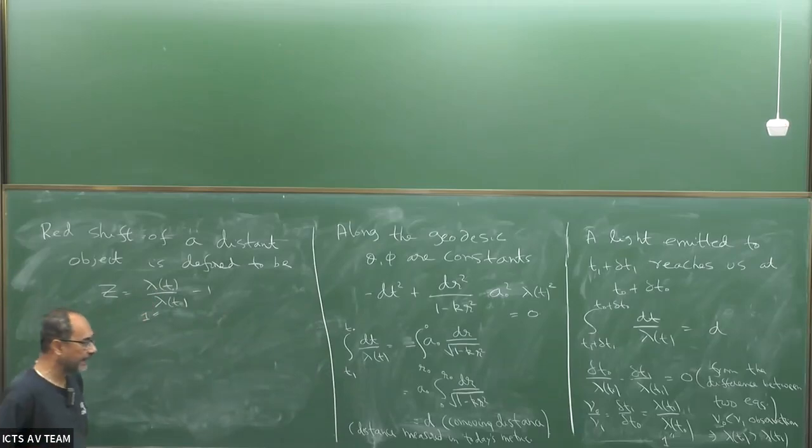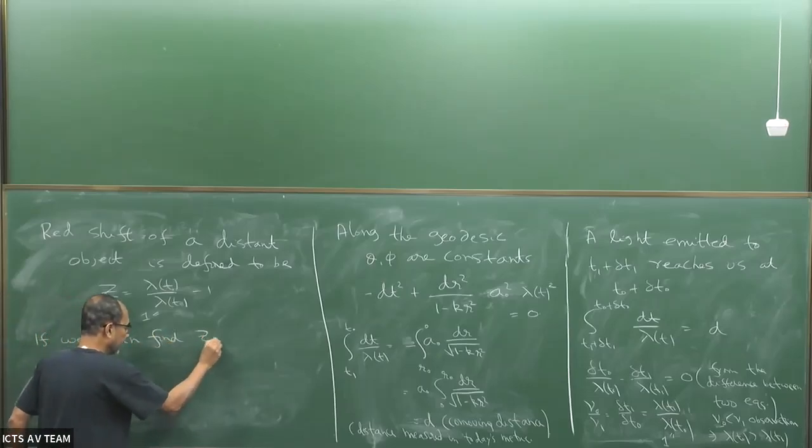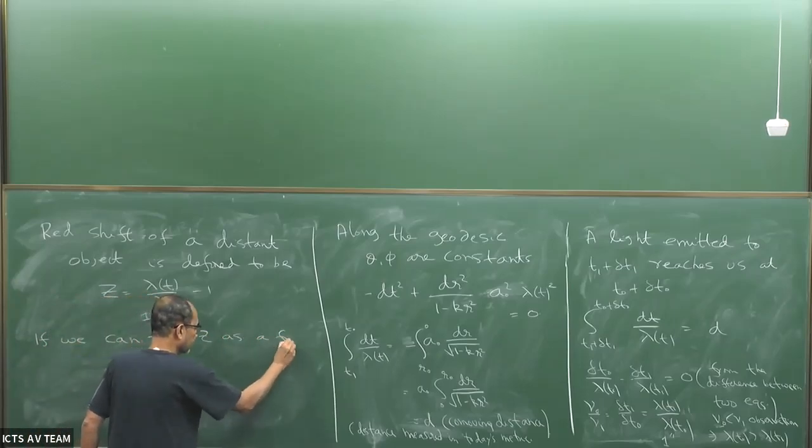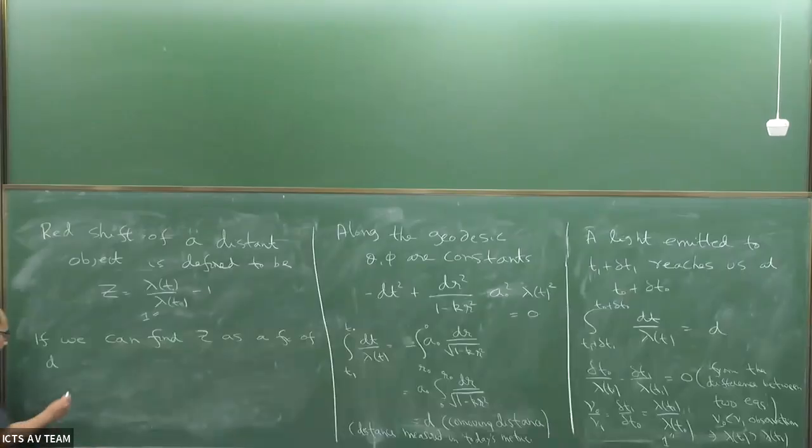And now the claim, which I'll try to illustrate maybe later in the next lecture in detail, is that if we can find Z as a function of D, in this experiment, you have to somehow look at far away objects, estimate what the D is, because as we discussed, measuring D is not easy. You have to use standard candles, etc. But suppose you can find Z as a function of D. This can tell us